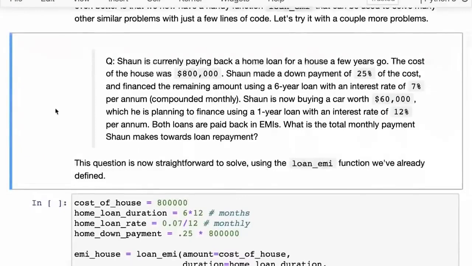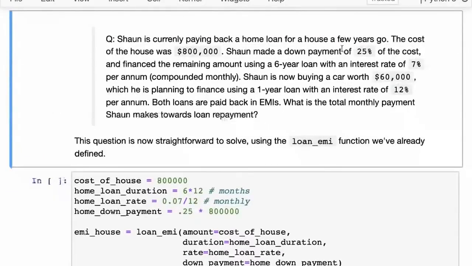So here Sean is currently paying back a home loan for a house he bought a few years ago. So Sean has a loan of $800,000. The loan has a duration. The duration was a 6-year duration, and the loan has a down payment of a